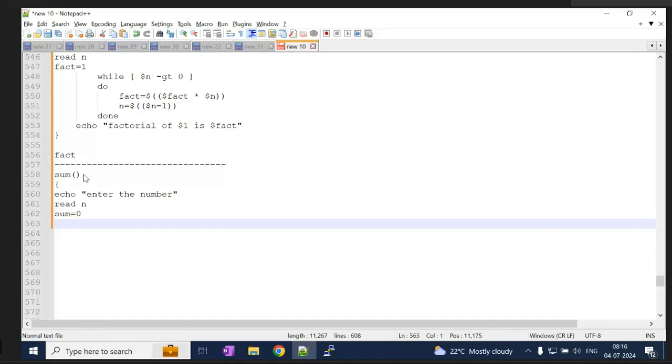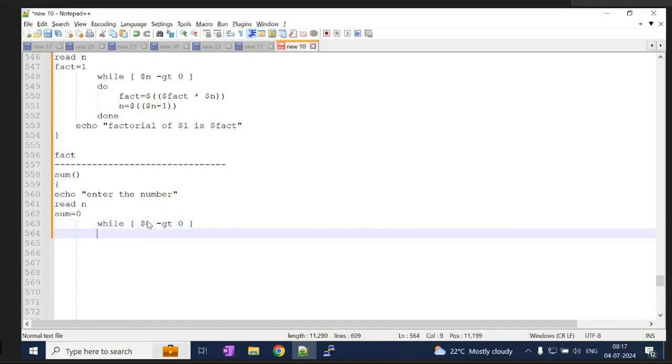Whatever number is entered by the user, we write a while loop: while n is greater than 0. If you want to do the sum of that number, the value should be greater than 0.